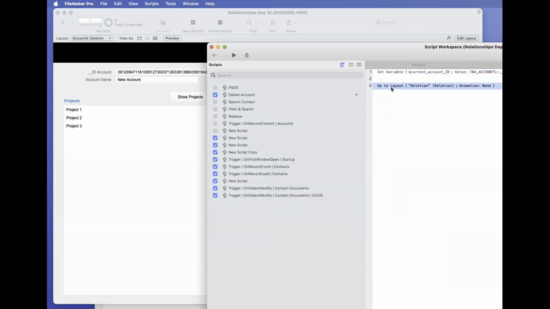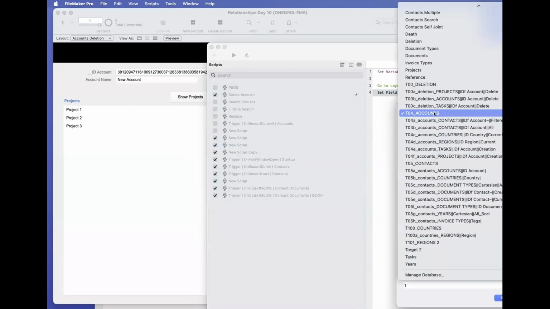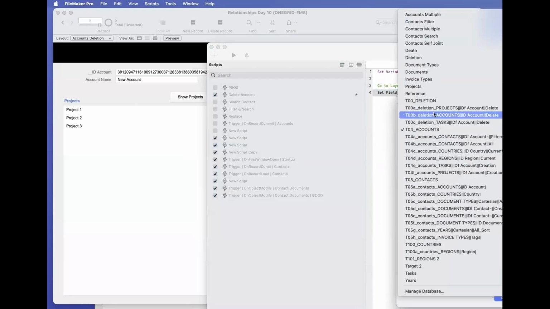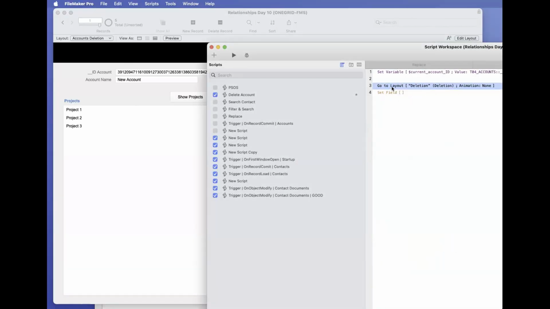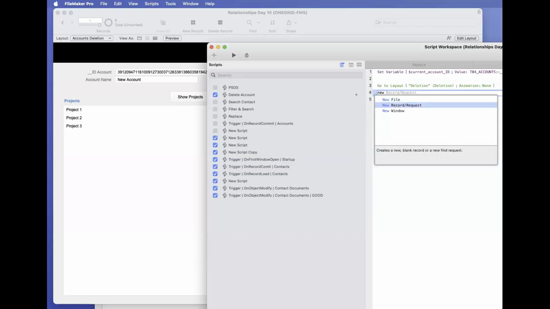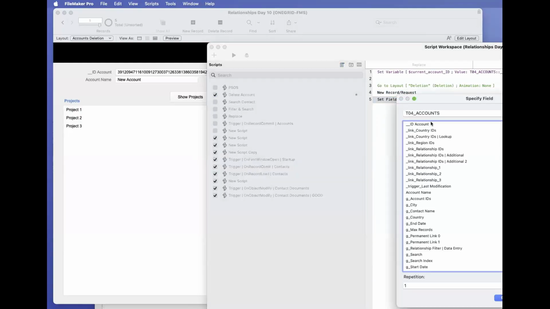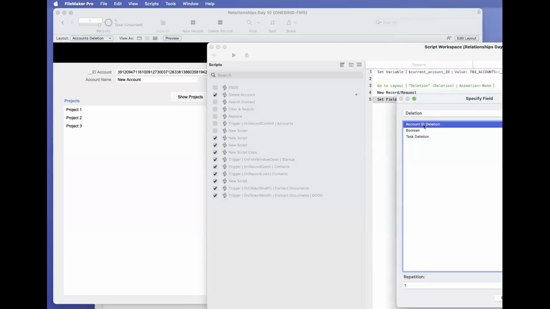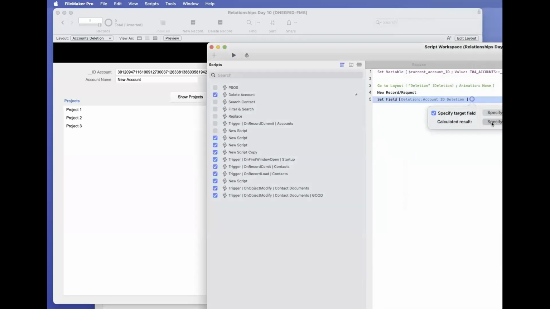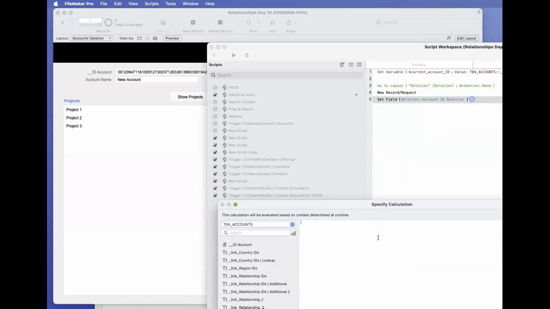You set the fields, and in the deletion table, first you create a new record. Then you go to the deletion and you say the account ID for deletion,